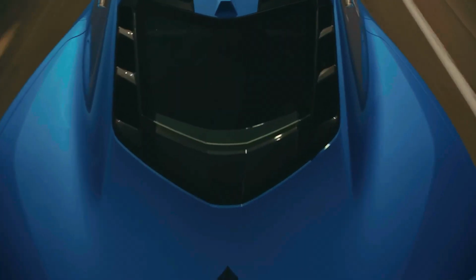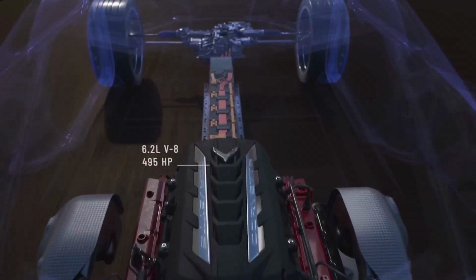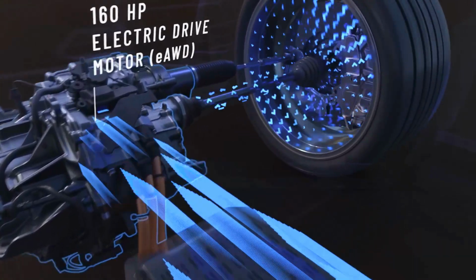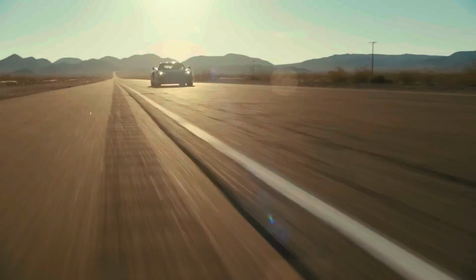What's the engine driving this particular car? Well, it is the exact same LT2 engine with 495 horsepower that you would find in the C8 Corvette Stingray Z51. On top of that, we do have that electric motor putting out an additional 160 horsepower, which effectively brings the ERAY total horsepower to 655. And it has the starting price of